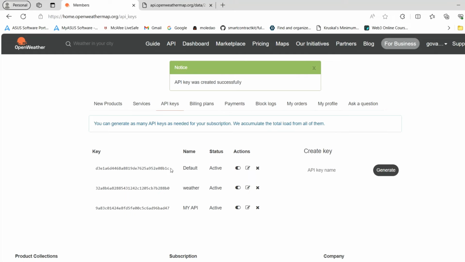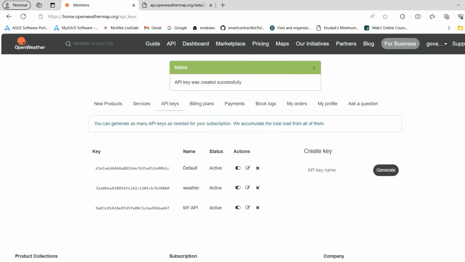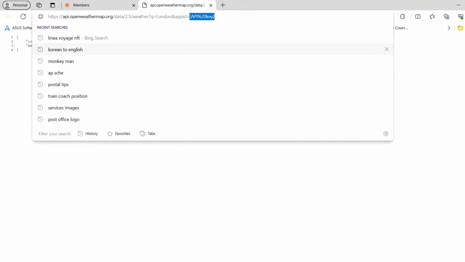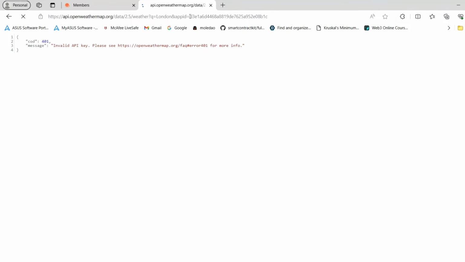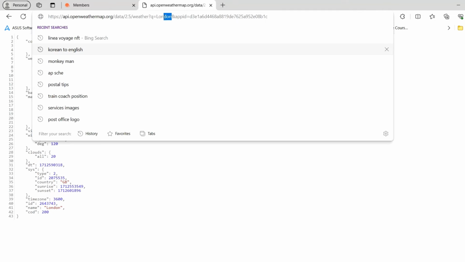I already have a few API keys created an hour ago, so I am using them. So guys, I am copying the API key here. I am pasting the API key. Okay, see, guys, you are getting all the weather details using this API. So I'll change the city name here. I'll change it to Bangalore.